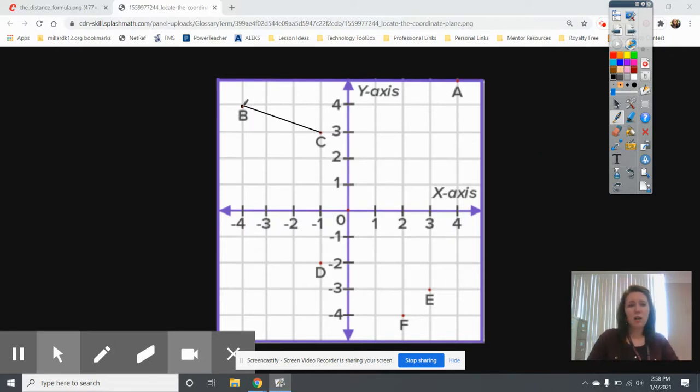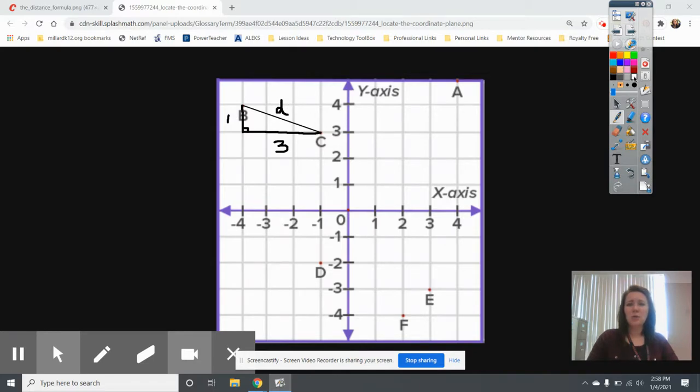So here I'm going to draw a line straight down, and here I'm going to draw a line straight across, and boom, I've now created a 90-degree angle where this is a leg of my triangle, this is another leg of my triangle. This distance between the 2 points is the hypotenuse of my triangle. So this leg is 1, this leg is 3, and this distance, I could even call it D for distance,